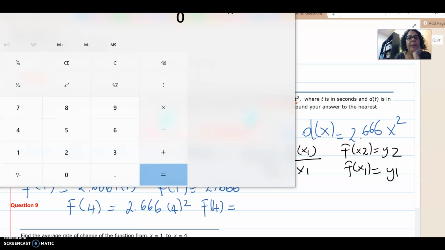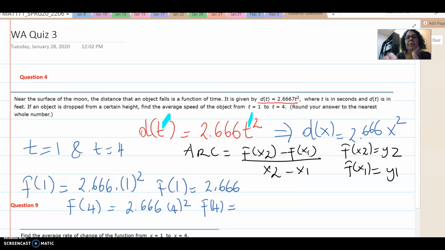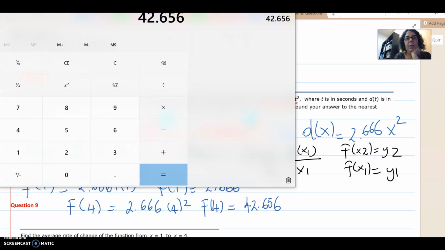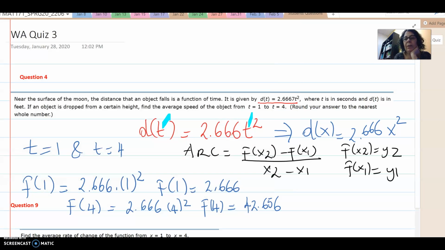Calculator. So it will be 2.666 times 16, which is 42.656. Okay, so then average rate of change will be,